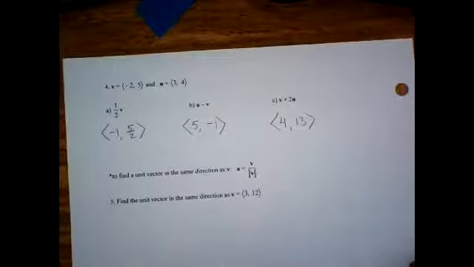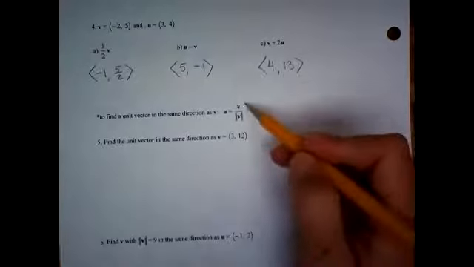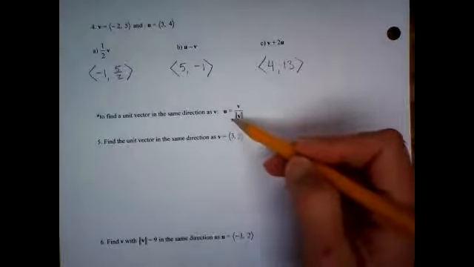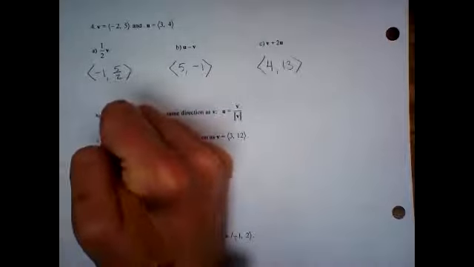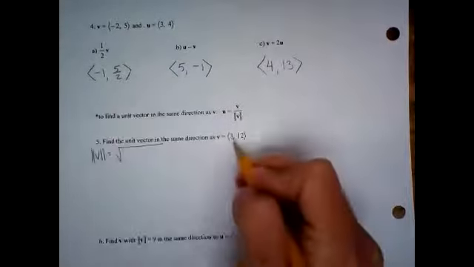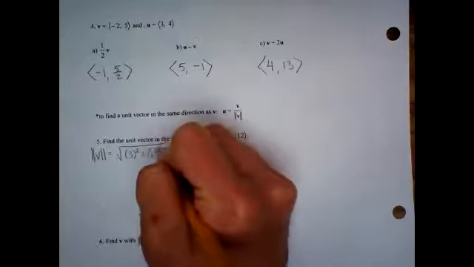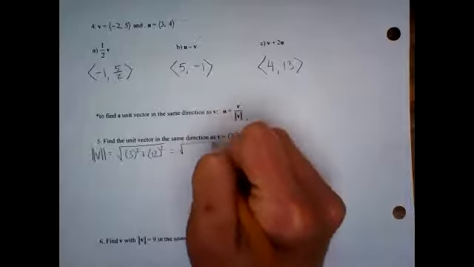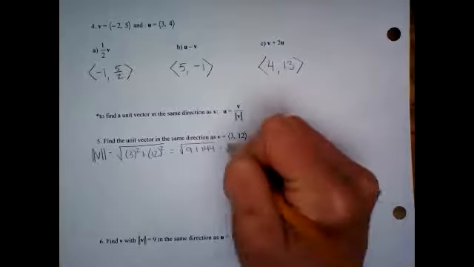All right, and then we're going to play around with the unit vectors for just a minute because I think that they're cool. All right, to find a unit vector in the same direction as v, you take v and divide it by the magnitude. So to find the unit vector in the same direction as this, we're going to find the magnitude and then divide by that. So big square root, we're going to have 3 squared plus 12 squared underneath of there. So that would be square root of 9 plus 144. So that's going to be